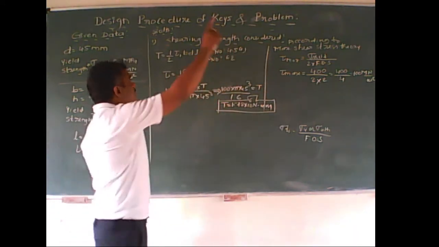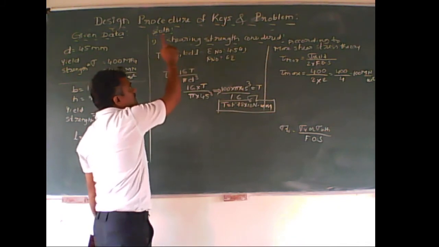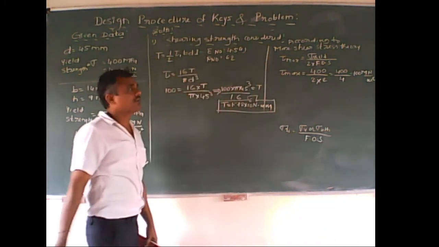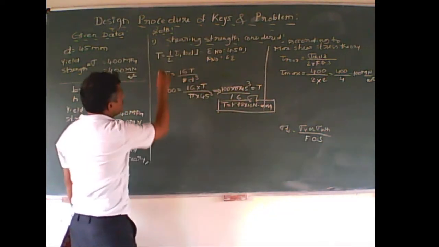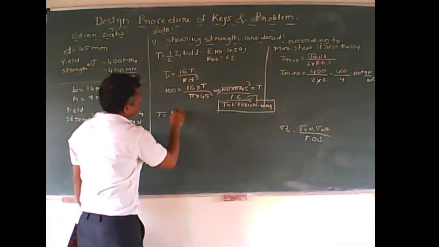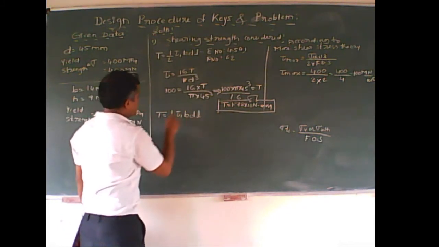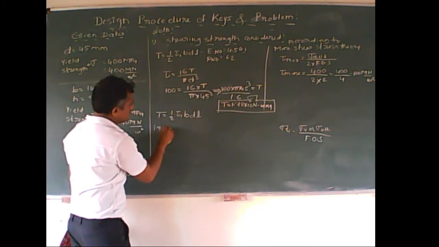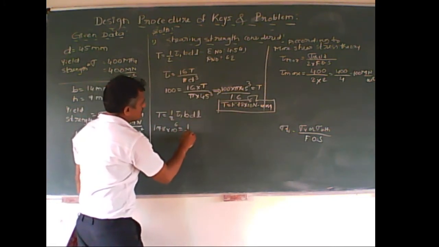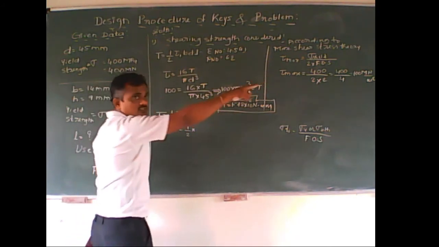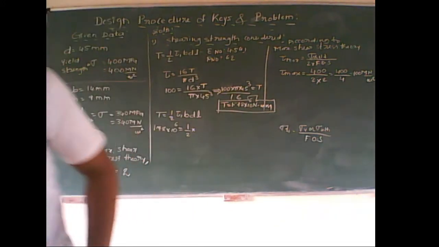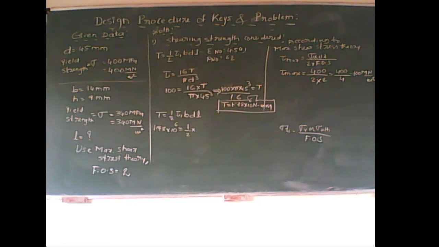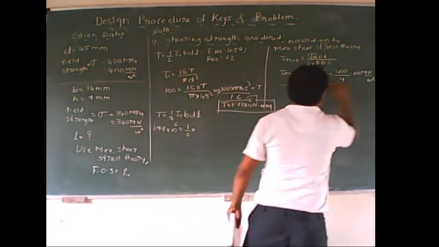Correct. So now we can substitute in this equation. Torque is also available. Tau 1 as 100 is also available. We can get the value of what? L. So use this equation. T is equal to half into tau 1 into b d L. So substitute the value of torque 1.78 into 10 raised to 6, which is equal to 1 divided by 2. Tau 1 is shaft material. Sorry.